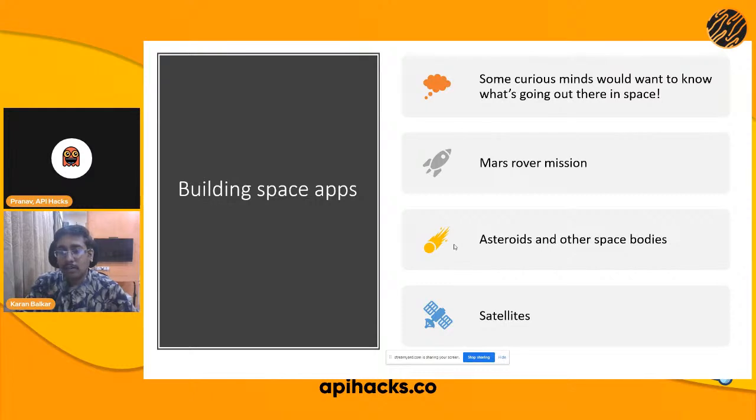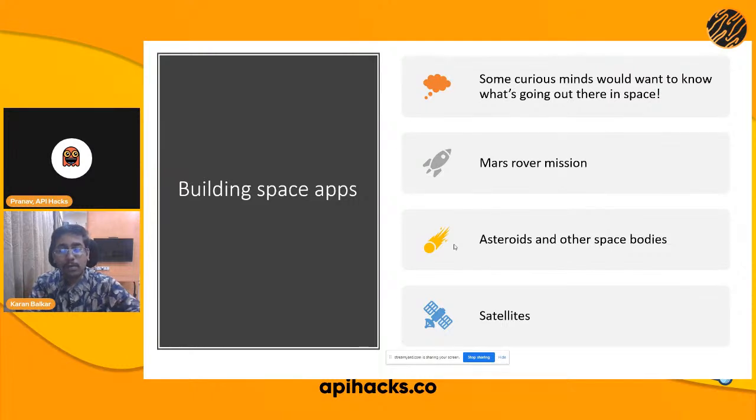So, for example, if you need to know about the Mars rover mission, or the various asteroids or other space bodies, that information can also be achieved through APIs. And how that is done, I will also demonstrate now. So this is basically to give you an idea about what exactly we are trying to do over here.